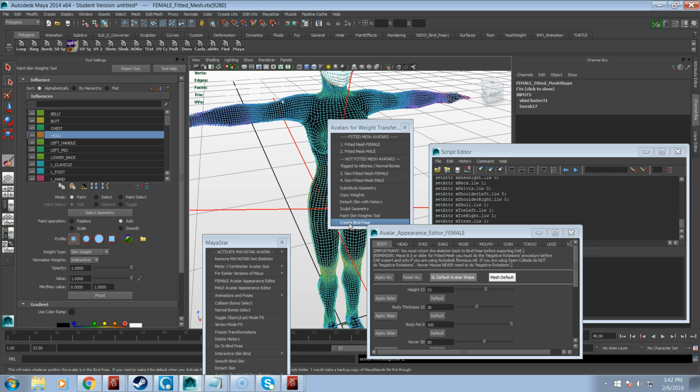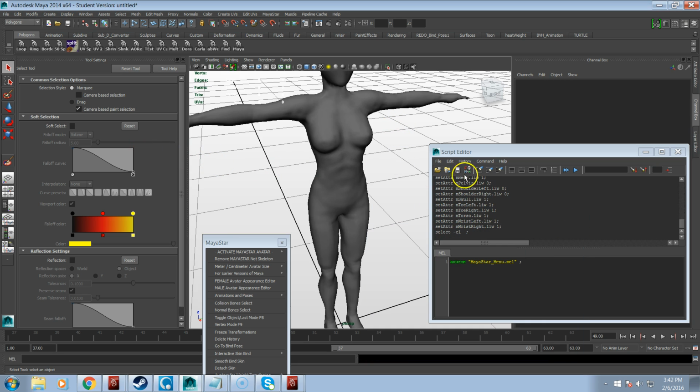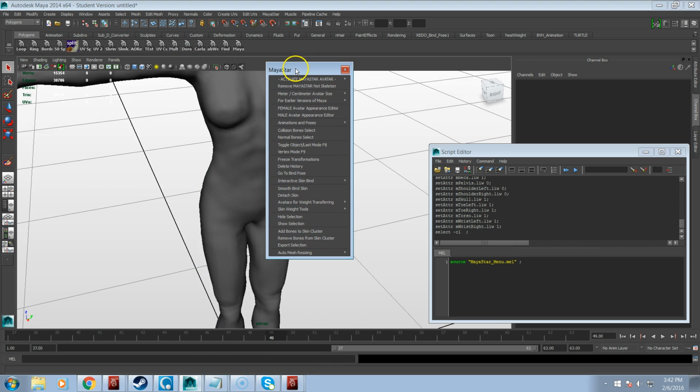So that does it for the weight avatars for weight transfer. So let's get out of the Paint Skin Weights tool. Close this. Let's open up MayaStar again. I'm just going to close these things. Okay. Now on to